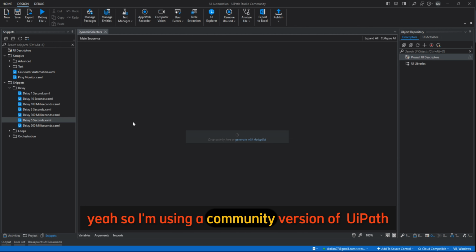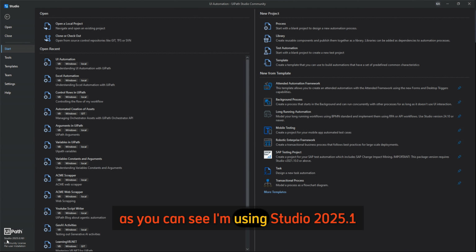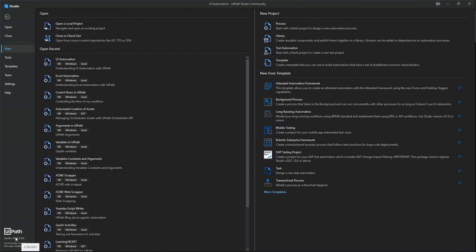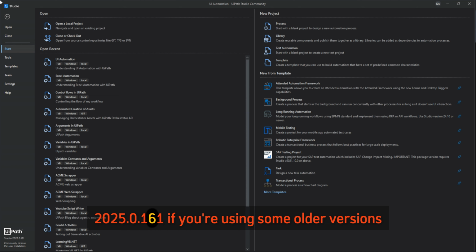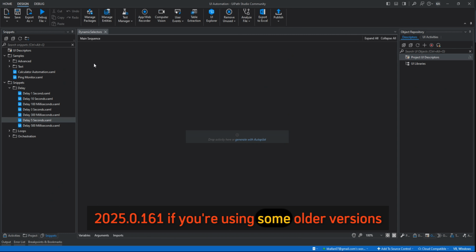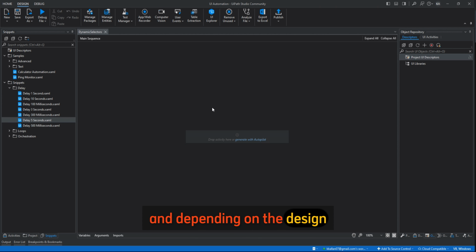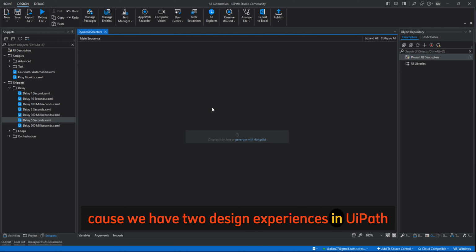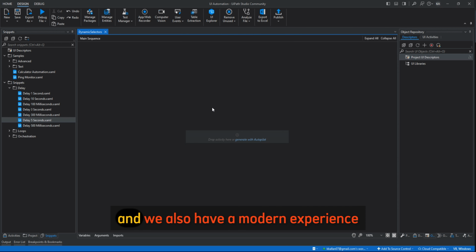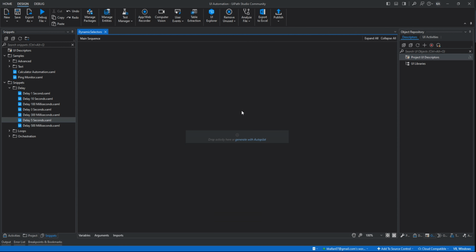So I'm using a community version of UiPath. As you can see, I'm using Studio 2025.1, 2025.0.16. If you're using older versions, it depends on the design experience that you have enabled, because we have two design experiences in UiPath: a classic one and a modern experience. What I'll be going through is for the modern experience, but to know that if you're talking about selectors and you're using the classic experience,